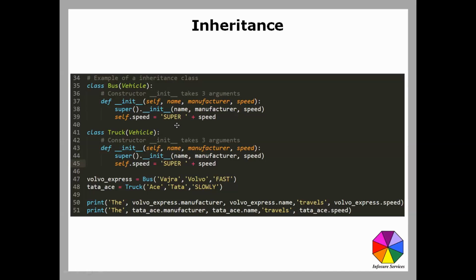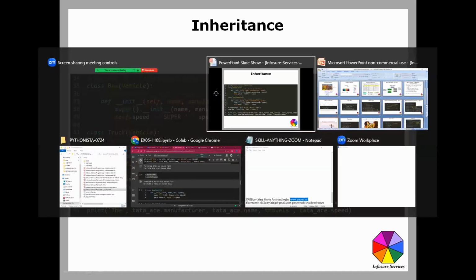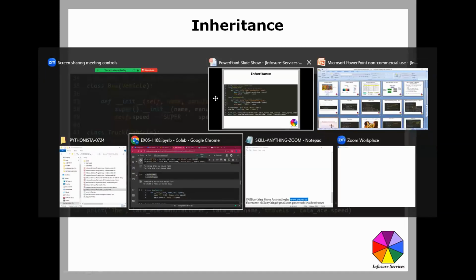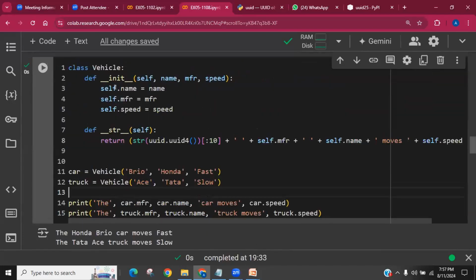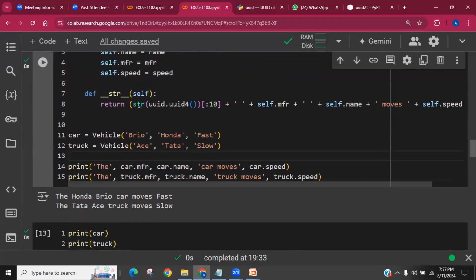Okay, so earlier we saw the vehicle class. We created the vehicle class in the last session. Okay, so let me just switch to the code here. The vehicle class is created here with name, manufacturer, speed. Okay, these are some properties, and of course, we had the string method. Okay, but